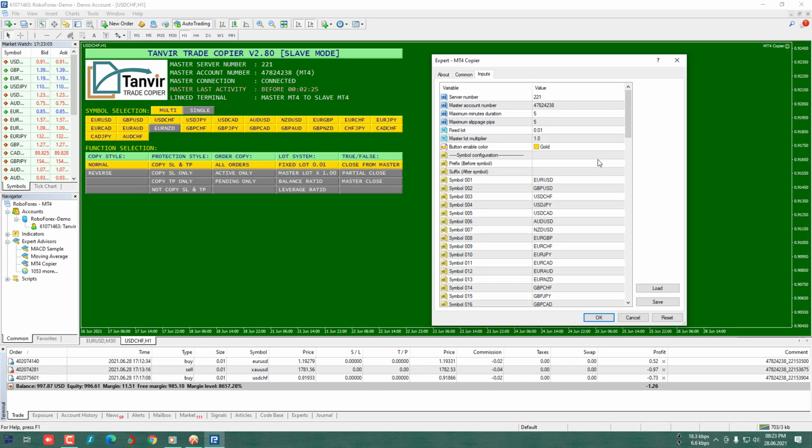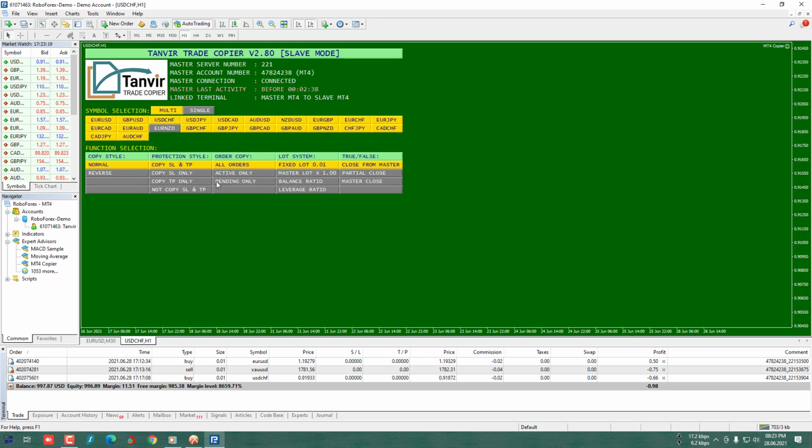Open inputs section again and add your desired symbols here. And see, symbols are added here nicely. After adding symbols, here you need to enable them to copy these symbols' orders from master.